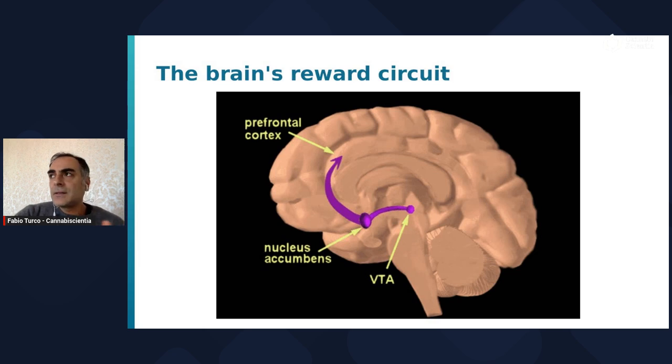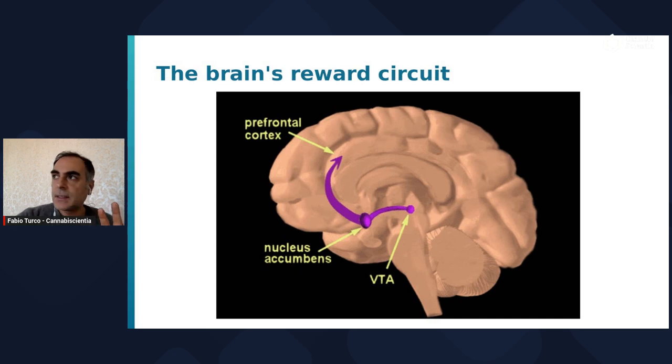And this circuit functions for all the normal daily activity, but addictive substances can alter this system, making a shift from a natural need towards craving for a substance. This reward circuit involves various brain areas and various neurotransmitters, but the main neurotransmitter involved in this circuit is dopamine, especially